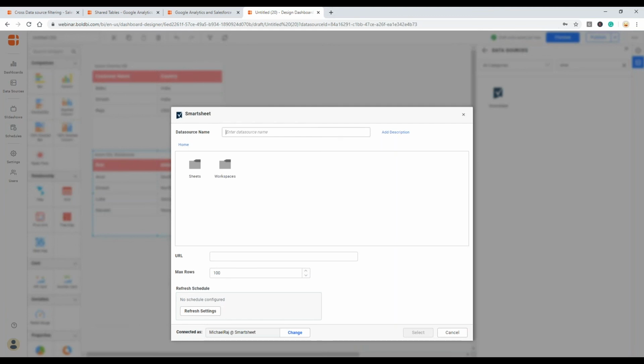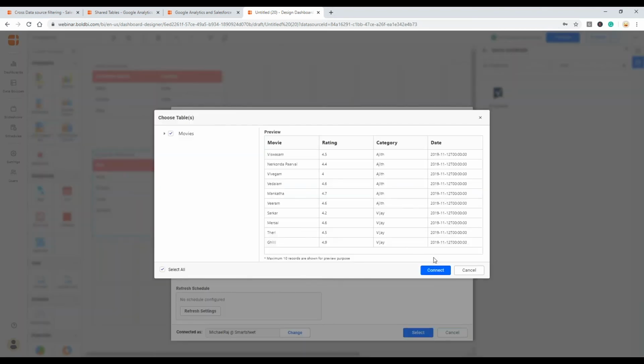So you can see a beautiful interface here. You don't need to provide the web URL or REST URL for each and every file. The Smartsheet file browser itself makes it user friendly and viewable to easily select the data. As you see, I have navigated to the folder and selected my Smartsheet file, and I should name my data source. Here I go. I get the preview, and let me connect the data.